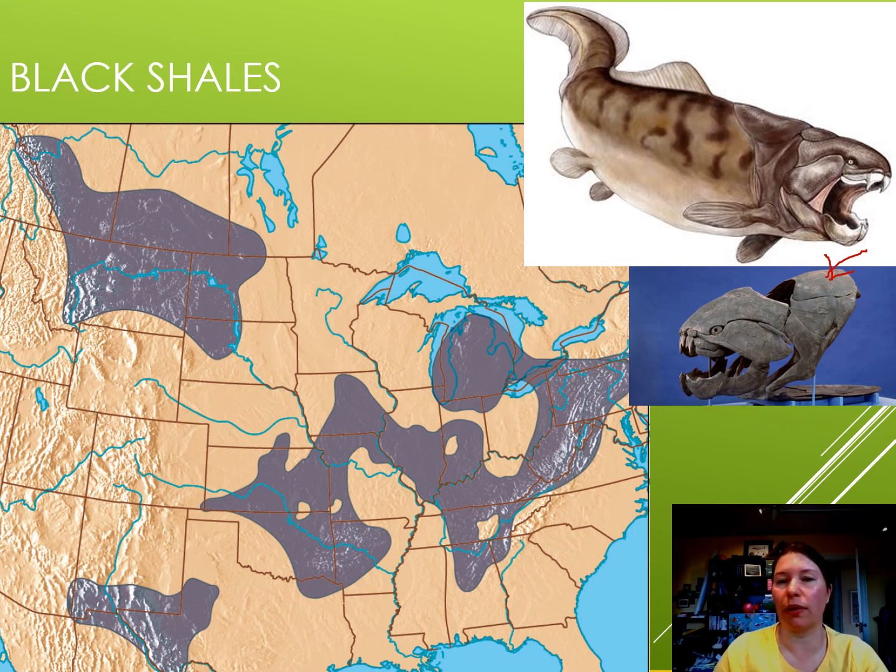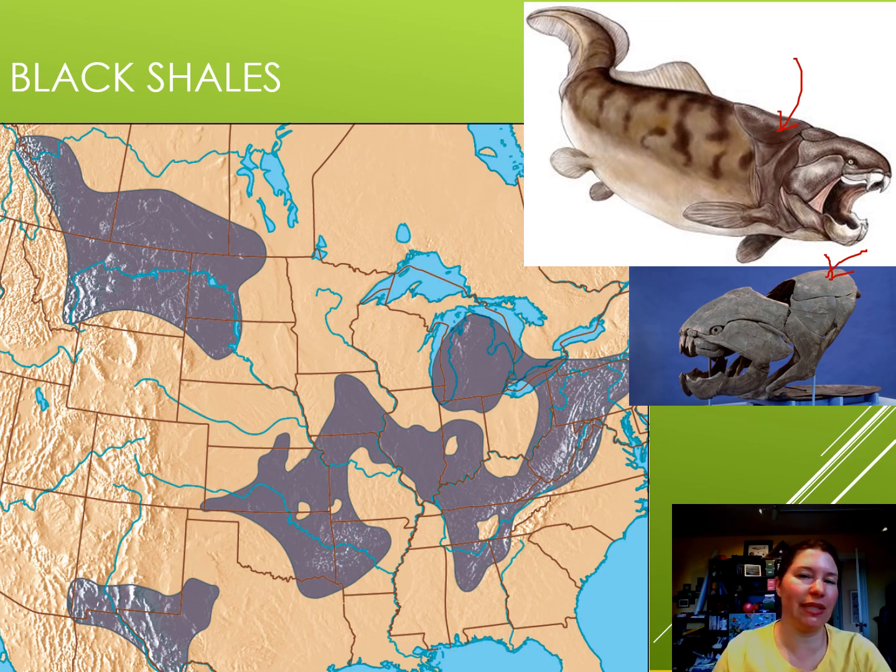the Age of Fish, partly because of the development and diversification and just absolute dominance in the oceans of these armored fish that capture the imagination because they look absolutely terrifying. They're not sharks, by the way. The sharks during this time are kind of small and nothing terribly special, but this is actually a type of bony fish that's more closely related to probably the lobe-finned fish, the fish that would give rise to animals that walk on land, the tetrapods.